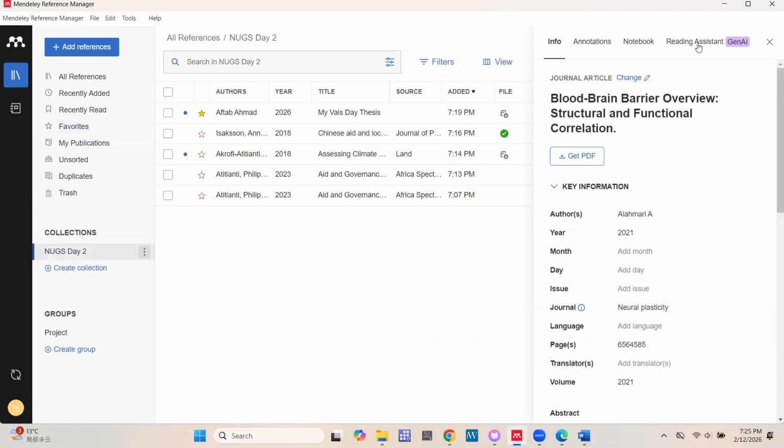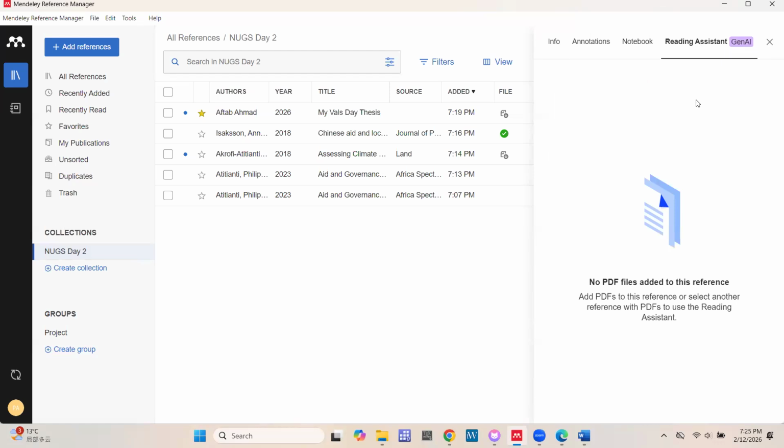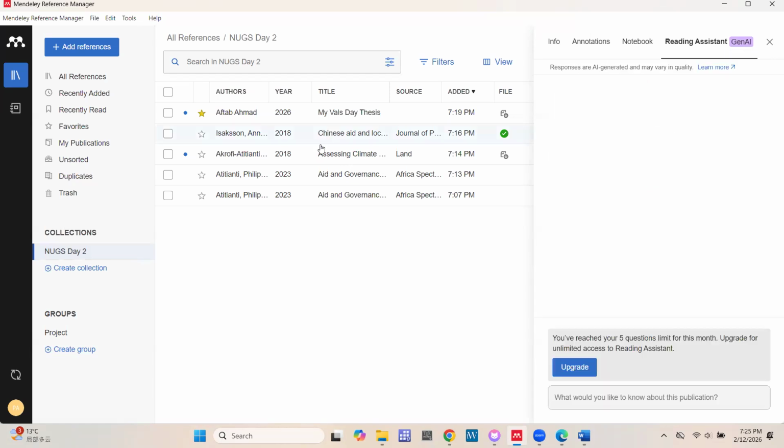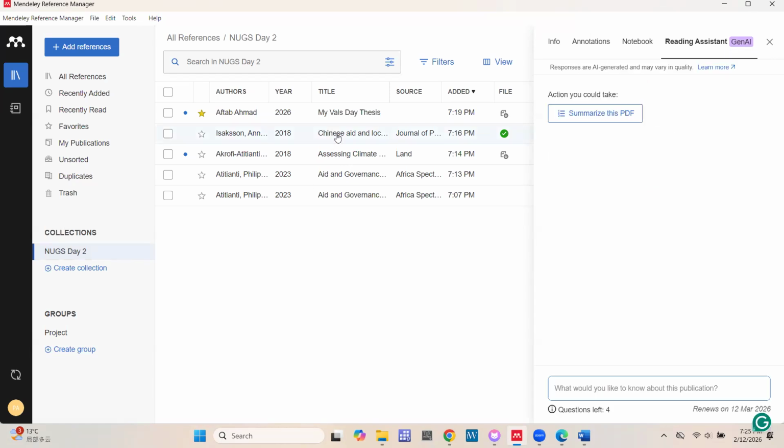Right? Okay, now a cool feature for you to use is this reading assistant over here. So if you click on this reading assistant, now let's go to this file. So if you click a file that has PDF and you click on this reading assistant, now this one, if you want to access its full capacity, I think it requires some payment.